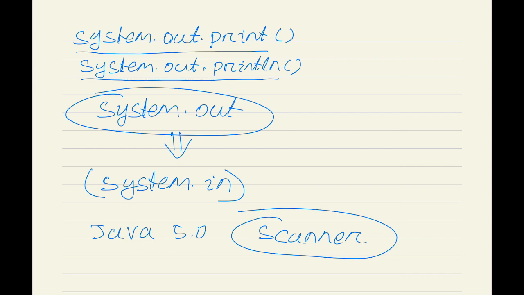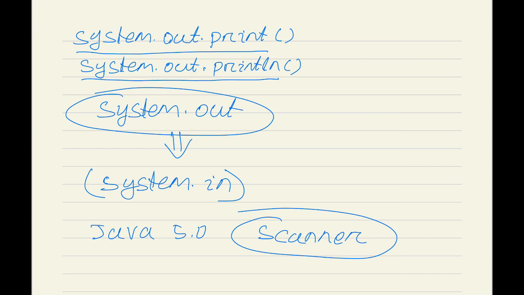So now I am going to tell you how to do it here. That means how we can use this Scanner class without explaining why it works, because if you discuss why this Scanner class works or why we are writing these codes, then you may face a little bit of difficulty, because we have not discussed the concepts of classes and objects. Once we discuss the concept of classes and objects, then it will be clear to you.